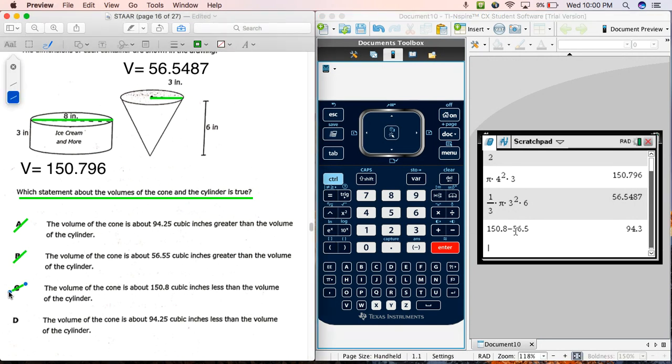Now, based on the step I just did, which was subtracting the volumes of the cylinder and the cone, I get the answer 94.3. That's how much more liquid I can put in this cylinder. Okay, in this case it says ice cream, so that's how much more I can put in there. Okay, so it says that the volume of the cone is about 94.25 cubic inches less than the volume of the cylinder. This is true. I just proved it to you right here. Okay, my answer is